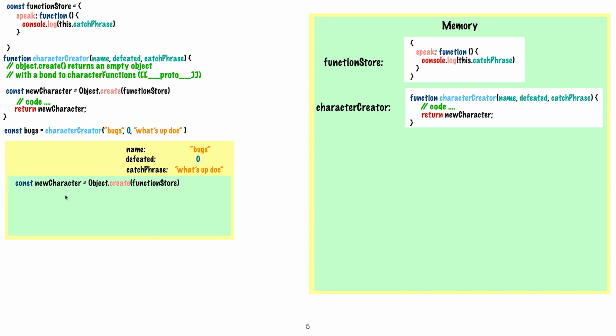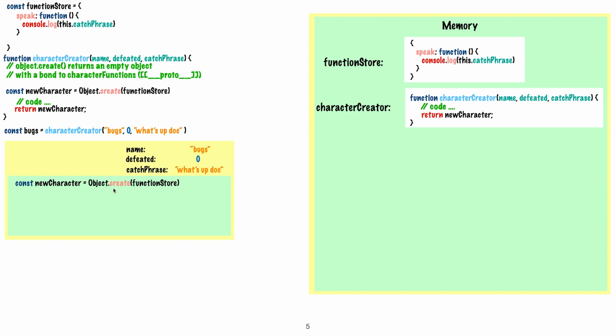Okay, so now that we're inside the function, we have, again, the left hand side of the assignment and the right hand side of the assignment. And let's go ahead and deal with the right hand side of the assignment. And again, this object.create function will create another execution context, but I'm not going to show that because it's just going to get a little too muddy. And again, object.create either takes a null or some other object. And here we're passing it the function store object, where we have defined the functions that we want our objects